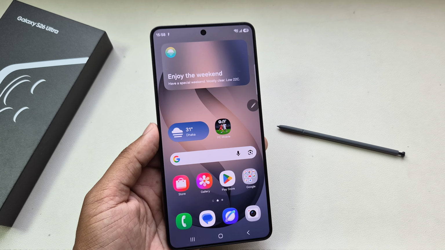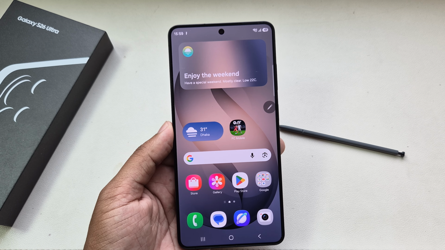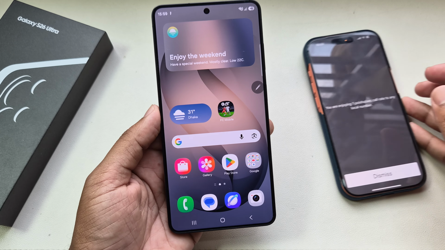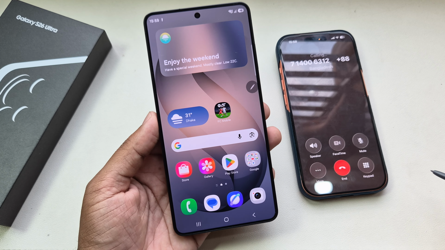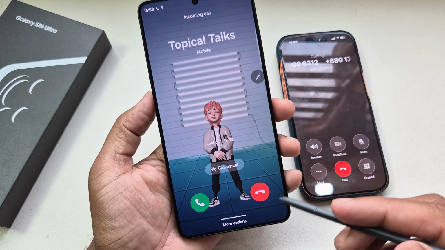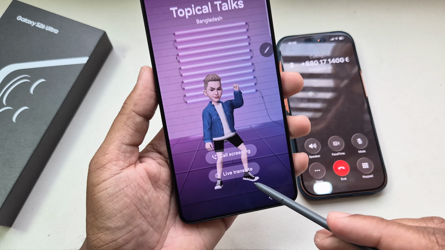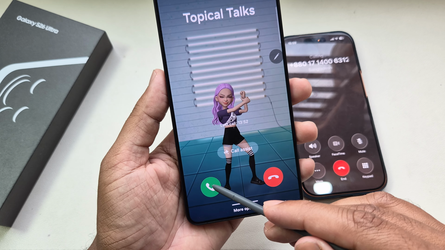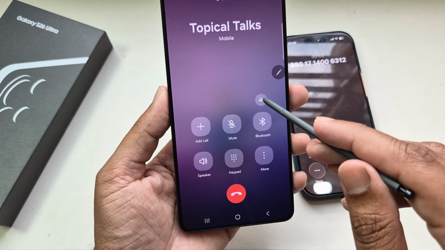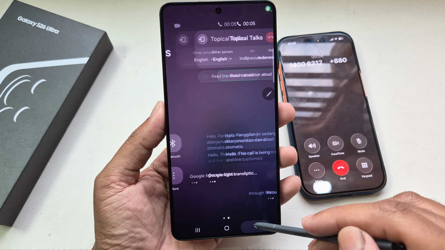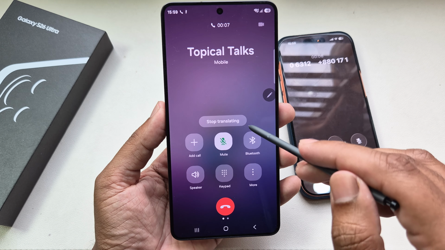So another way you can use this AI, if you make any call, let's make a call to my phone. When you make a call, then you can see the Google Assistant live translate. Now let's receive the call, and if you press on this icon, then go to the live translator. Then here you can see, let's mute this